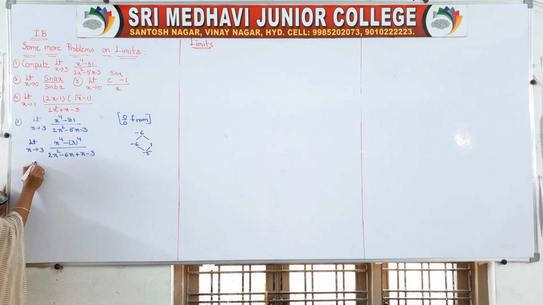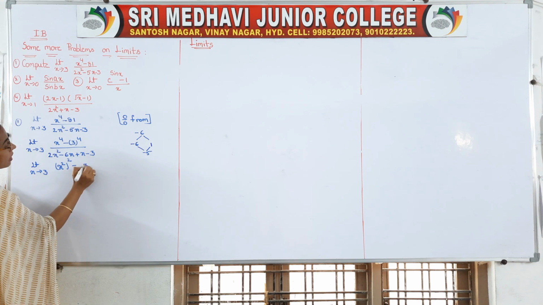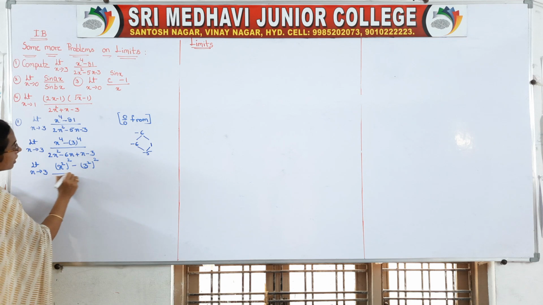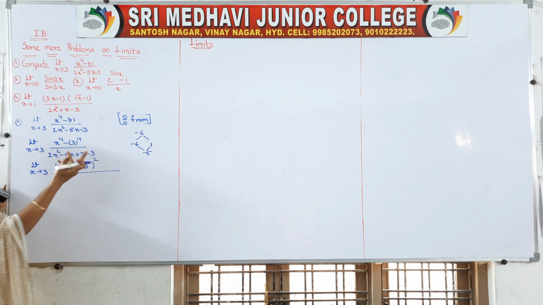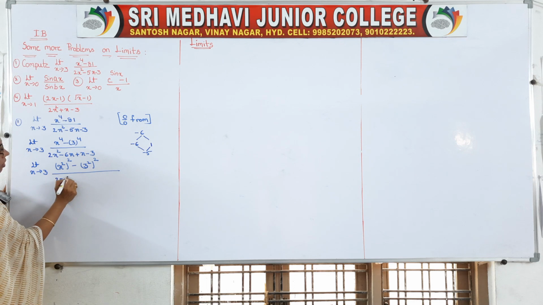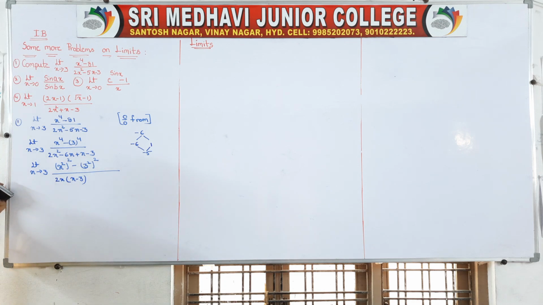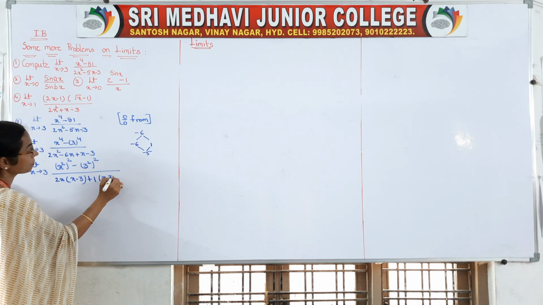Okay, next step, limit x tends to 3. This can be written as (x square) whole square minus (3 square) whole square. Can we write? Definitely we can write. So a to the power of m whole to the power of n is a to the power of m into n. 2 2s are 4 again. Here also 2 2s are 4. And from the first two terms you can take 2x common, then what happens? 2x minus 6, 2 3s are 6. From the last two terms, one can be taken common.